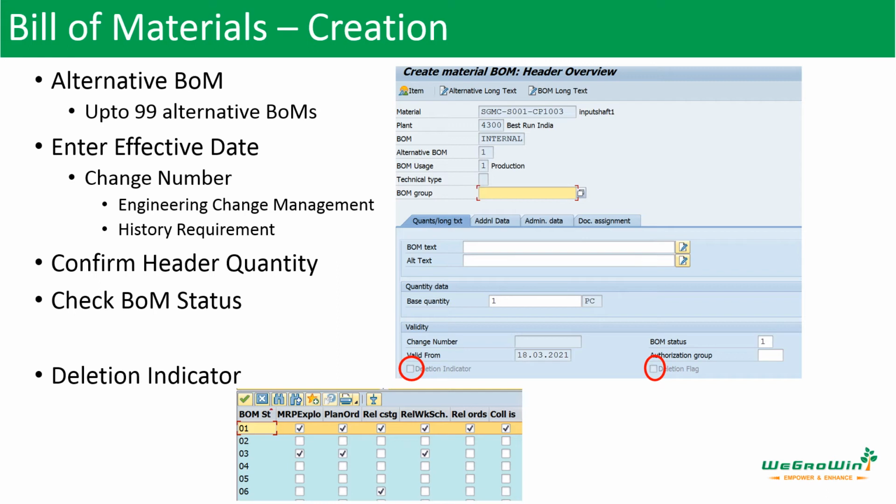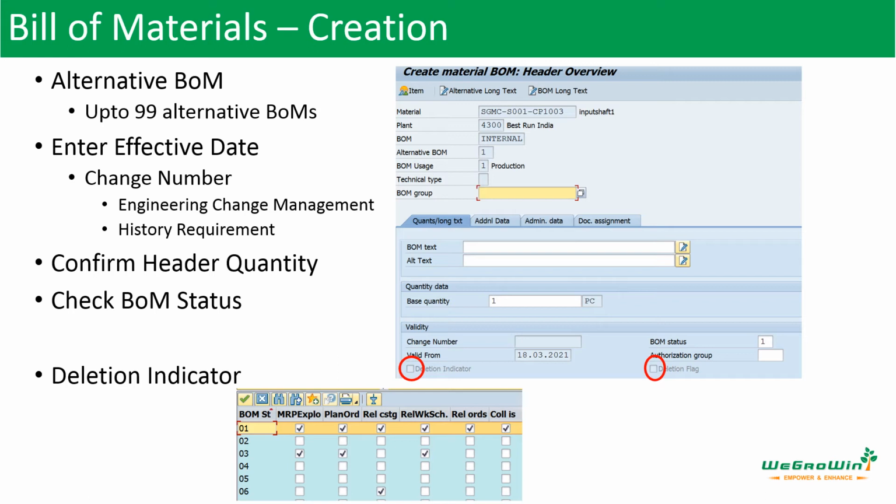And then there is a field called the deletion indicator. This is very important. The deletion indicator shows that the BOM header or the BOM item has been deleted with respect to the change number. If you want to delete it, then that indicator can be given there. This indicator is valid whenever you have this change number validity, and when we don't want that BOM to be in the system, at that time you can use the deletion indicator.